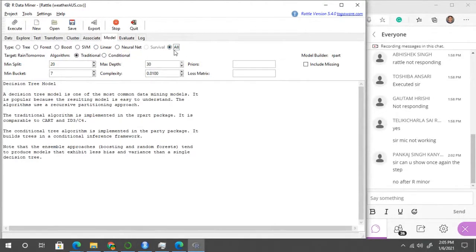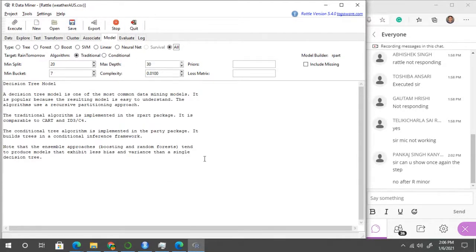If I use all of these and click execute, it will execute, but make sure that your machine is properly configured, otherwise it will hang after some time. A large amount of processing is needed for the execution of this code.